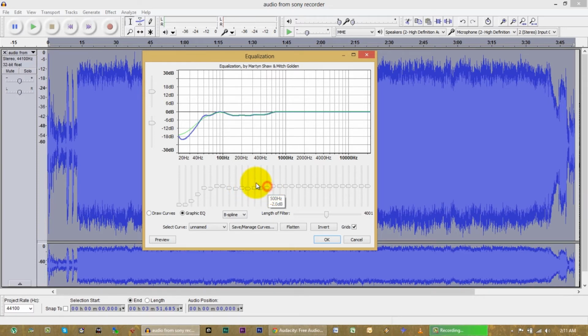Now, where's the next area that I had something? 150, 160, I guess I had a slight peak there. It doesn't look quite the same, but maybe I didn't write that down correctly.